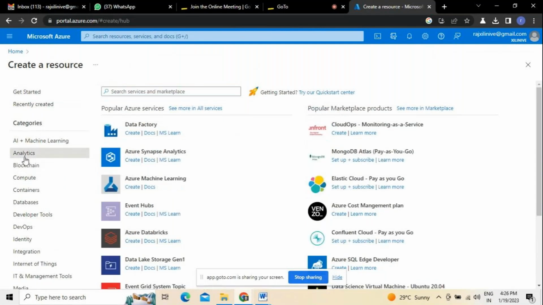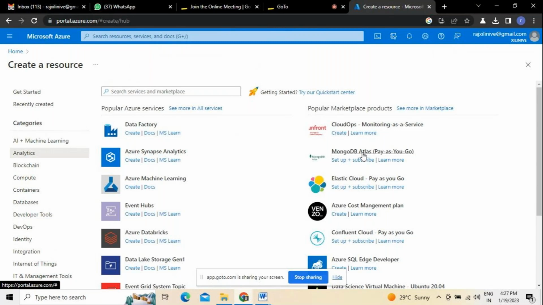For example, if you want to create any kind of analytical reports, we have different options available, especially to maintain infrastructure, because we have three different services in cloud. One we call PaaS, platform as a service. That is point number one. Apart from that, the next is SaaS, software as a service. At the same time, IaaS stands for infrastructure as a service, like Elastic Cloud and other infrastructure as a service tools. At the same time, MongoDB and all can be used.